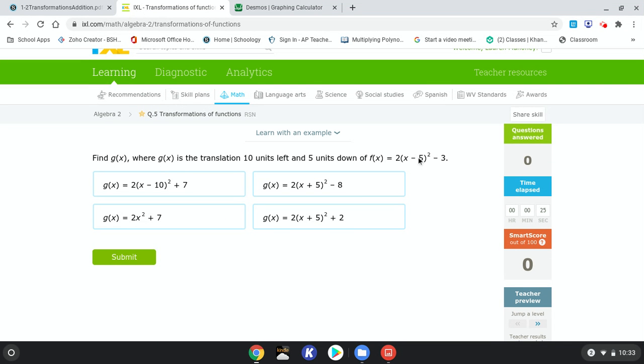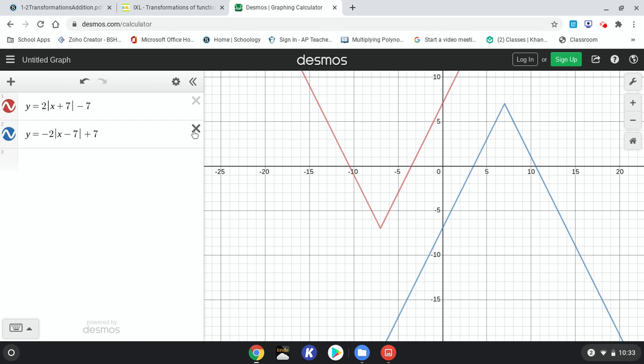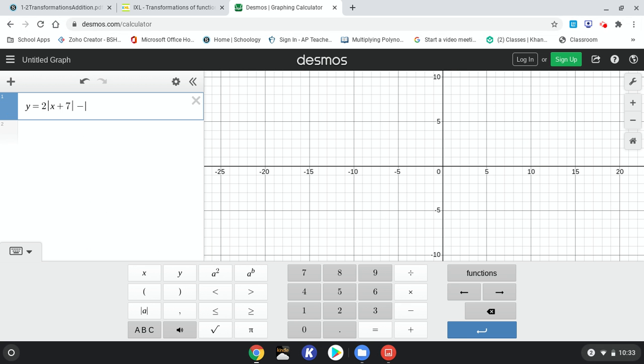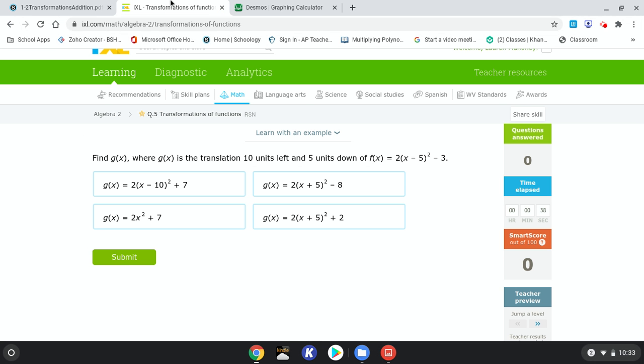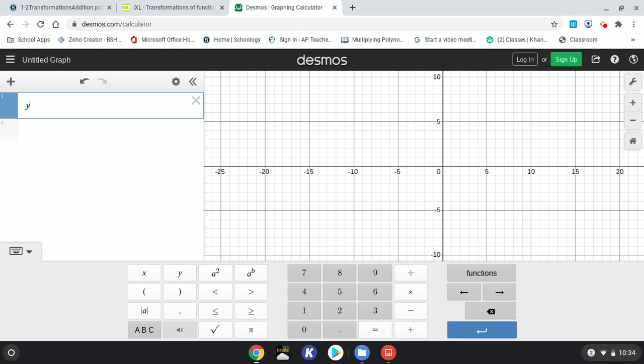So we have this graph. Notice right now, it tells me I'm doing a translation 10 units to the left and 5 units down. It does not say anything about reflecting, and it does not say anything about changing the dilation. So this 2 out in front is going to stay out in front. This -5, remember that means that H is really a +5. So I'm starting over 5 on the